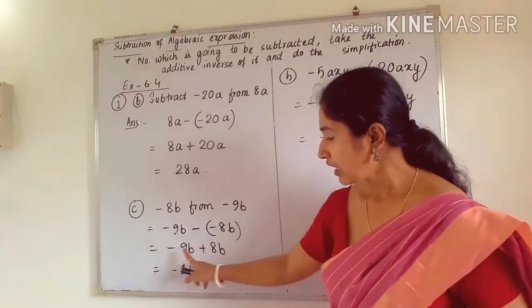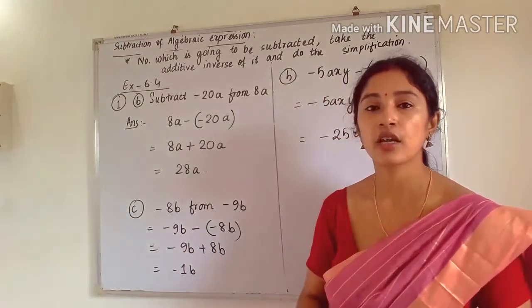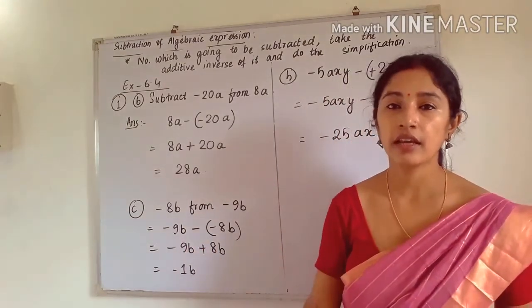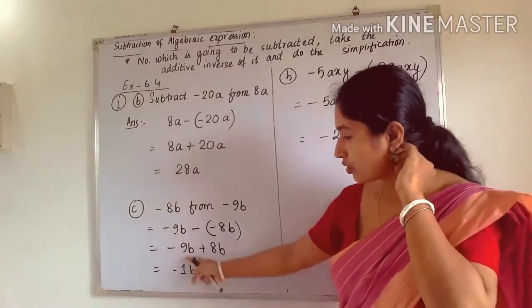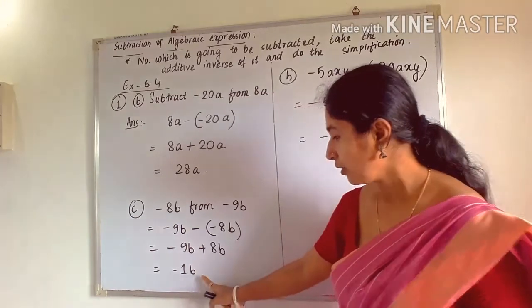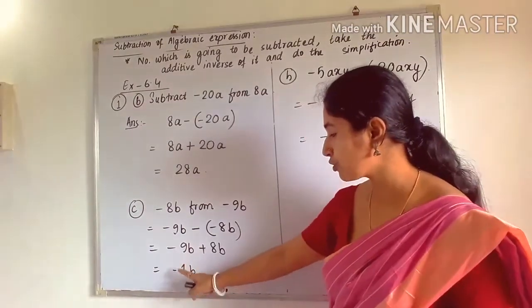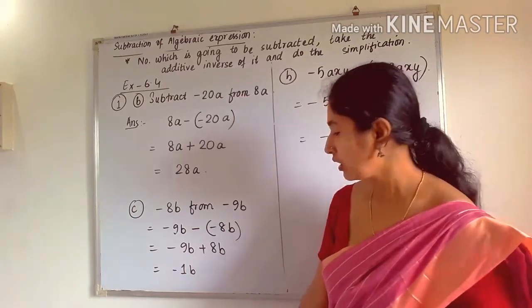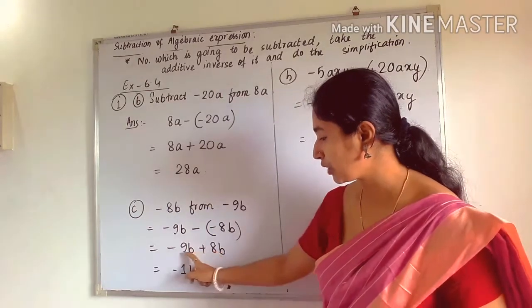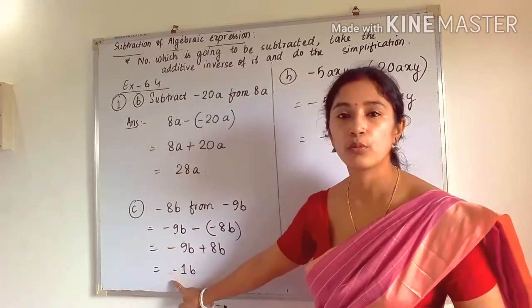See, they are unlike in sign, both the numbers are unlike. Unlike means one is positive and the other is negative. So in this case you have to subtract. So 9 minus 8 will be 1b. Okay, 1b, and you have to put the correct symbol. You have to check which one is bigger. Here 9 is bigger and before 9 we have the minus sign, so we have to put the minus symbol.